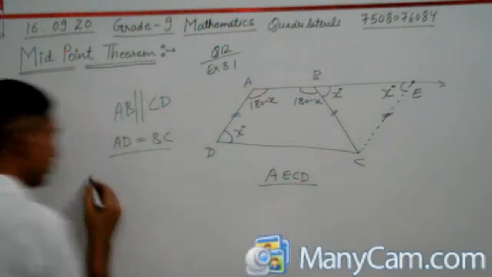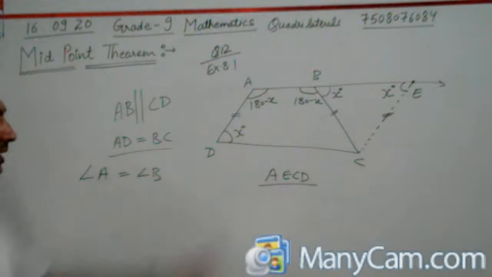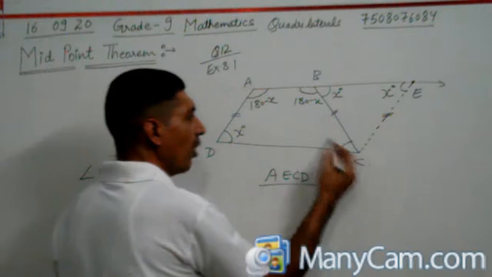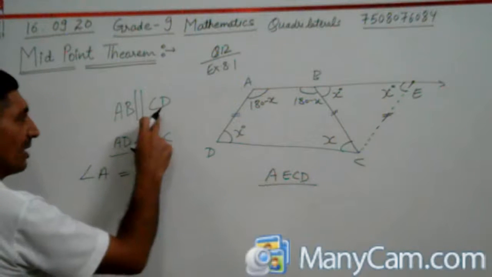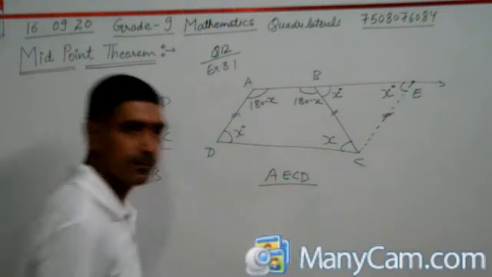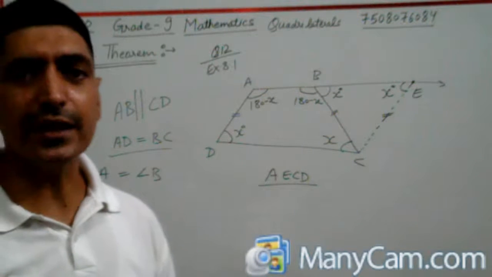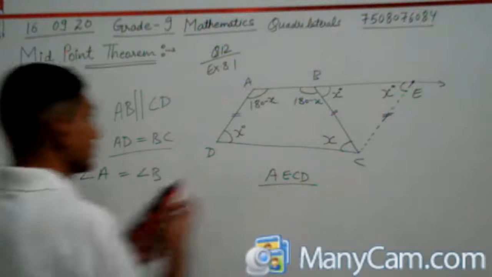So what have we proved? Angle A is equal to angle B here. Angle A and B are equal. Similarly, this angle is the alternate angle. Why? AB is parallel to CD, so this angle is X, this angle must be X. These are the first two parts, and for the third and the fourth part, we have to join A with